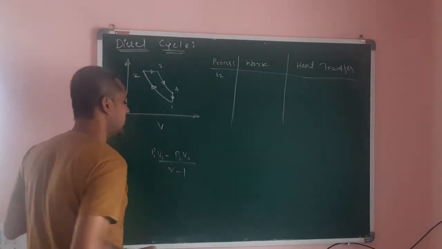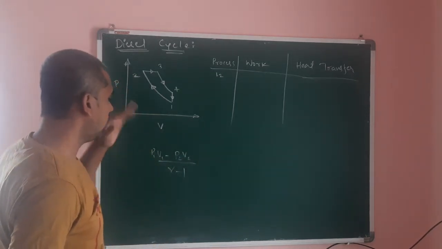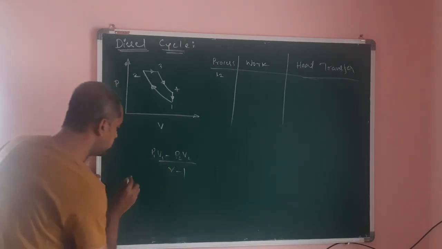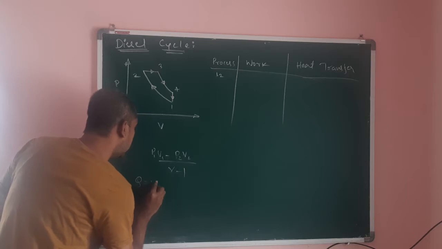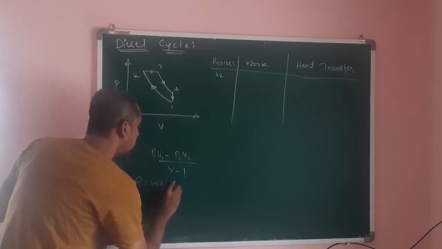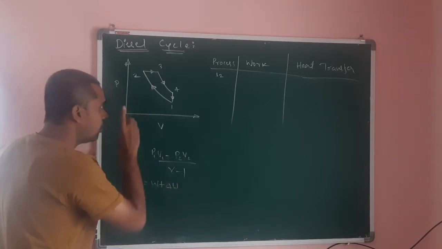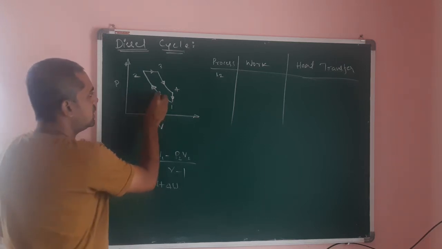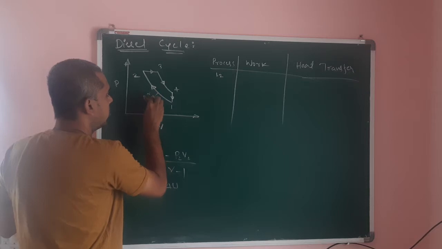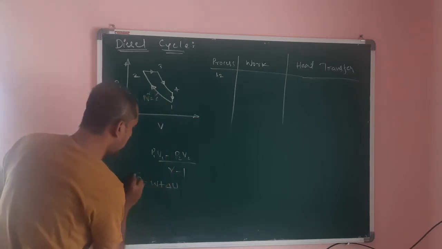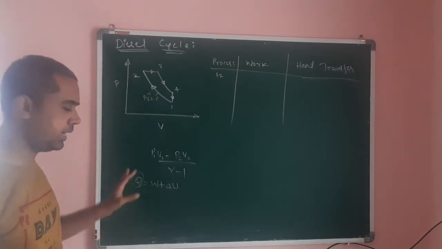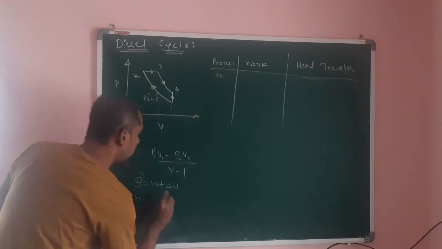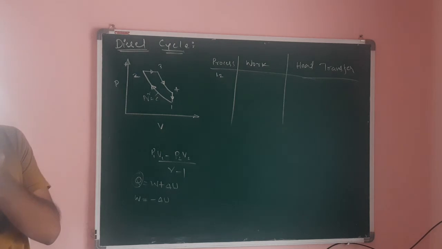This is how we can express it in general. This is true, but we can also express it in one more way. From the first law of thermodynamics, what do we know? Q equals W plus delta U. Here process 1 to 2 is an isentropic compression process, following PV^gamma equal to constant. For the process 1 to 2, heat transfer is equal to 0. Therefore work done is equal to minus delta U.